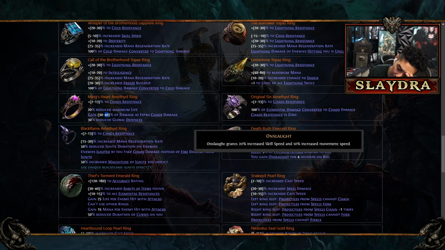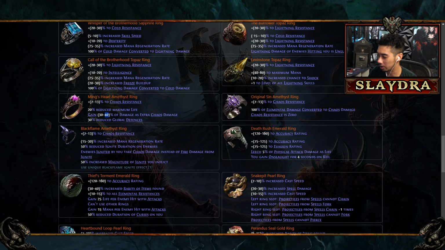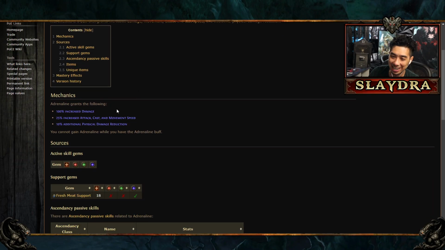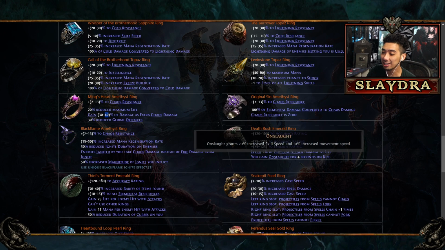I want to say in PoE 1, I think it gives you adrenaline, which was way better. Let me double check. Okay, I had to check, and I was right. It was adrenaline on PoE 1, which is basically kind of the same thing. But what adrenaline does in PoE 1 is way better. It gives you 100% increased damage, 25% increased attack, cast, and movement speed, and you get physical damage reduction,